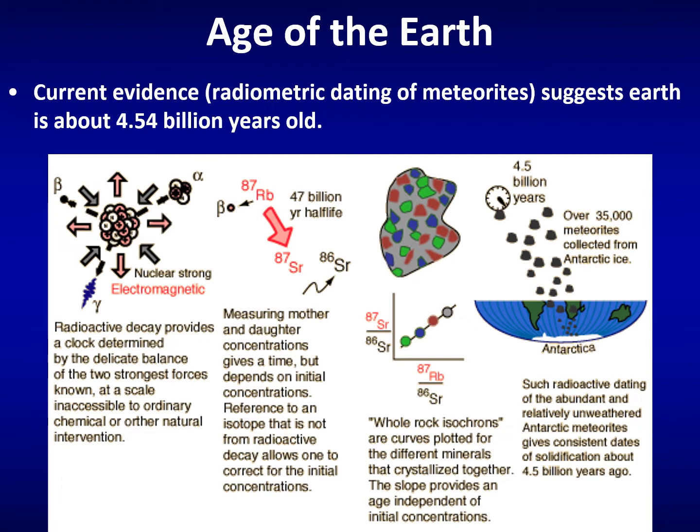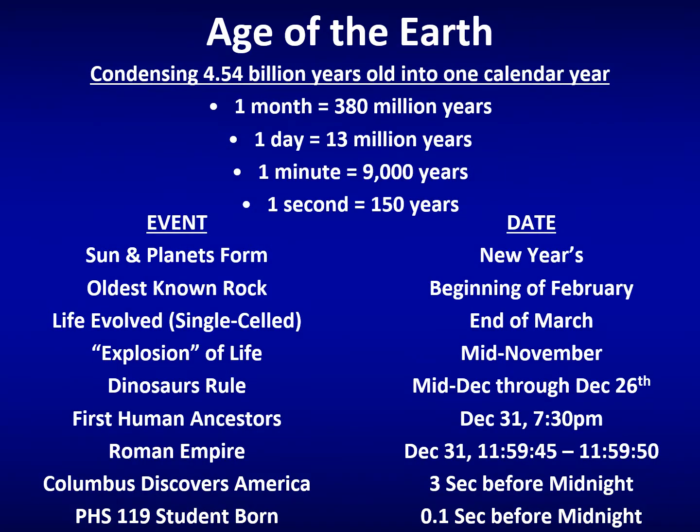When we talk about the actual age of the Earth then, current evidence from radiometric dating of meteorites and moon rocks suggests that the Earth and the oldest solar system materials are around 4.54 billion years old. To try to wrap our mind around 4.54 billion years old, I have a little activity for us here. If you imagine taking one calendar year and scrunching 4.5 billion years into one calendar year, to try